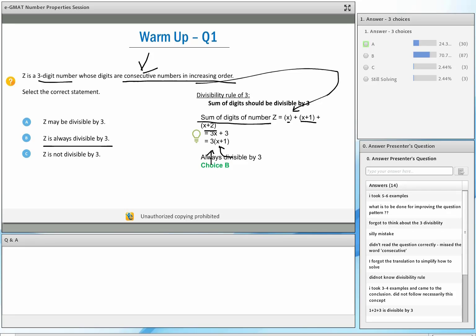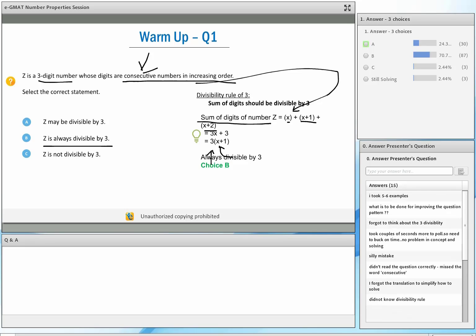But what if the question was something else, right? Let's say it was whether it's divisible by 9 or not, right? In that case, you may end up not getting it. You need to know how to intelligently select practical examples, right? So again,